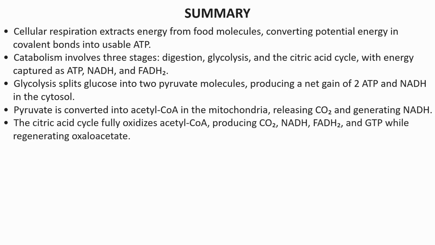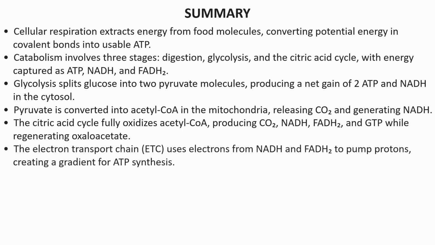The citric acid cycle's job is to steal electrons, and that's what it does really, really well. The citric acid cycle will fully oxidize acetyl-CoA, releasing all of those empty carbons now as carbon dioxide, and make lots of NADH, make FADH2, electrons again are being harvested, and make a triphosphate in the form of guanosine triphosphate. And also it's the citric acid cycle, so we're going to regenerate our starting point, oxaloacetate.